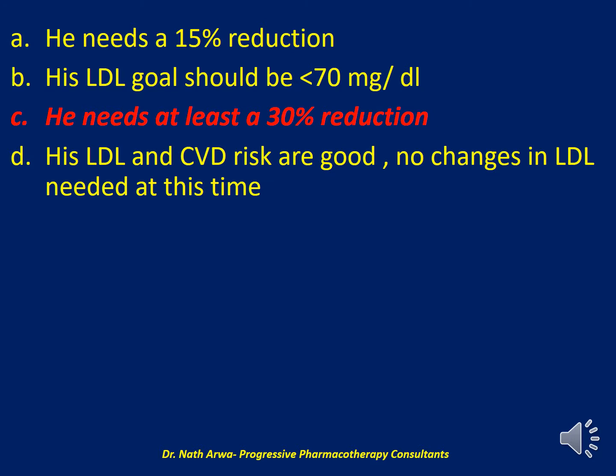So in my opinion, C is the correct answer. This gentleman needs at least a 30% reduction in his LDL cholesterol. Now, given his 10-year cardiovascular risk score, which is above 7.5, he is at high enough risk for heart attack, to be specific, in the next 10 years, that he would benefit from lowering of his LDL by between 30 and 49%. Now, a reduction in LDL by 15% isn't part of any recommendations. And then, with the exception of patients with diabetes mellitus, which this patient doesn't happen to suffer from, goal LDLs aren't needed here. So that's just for your information. Let's move to the next slide,